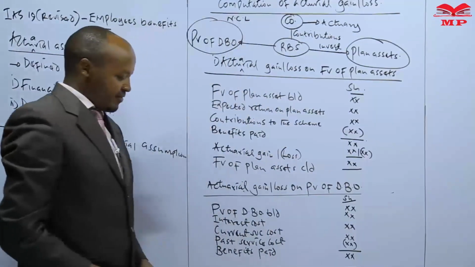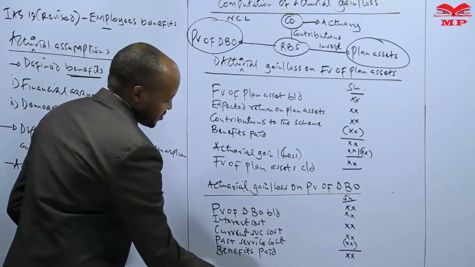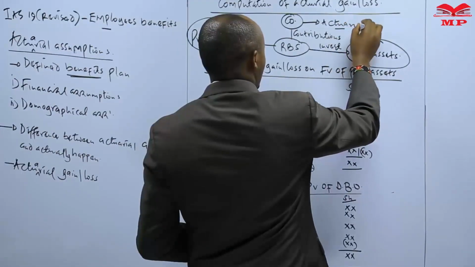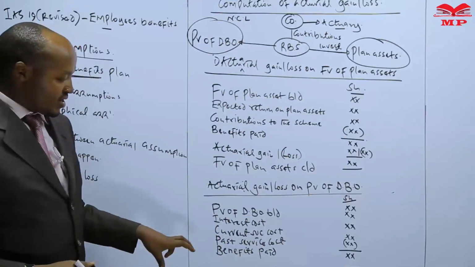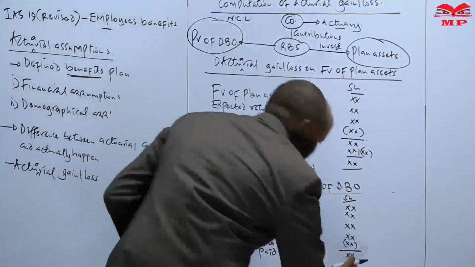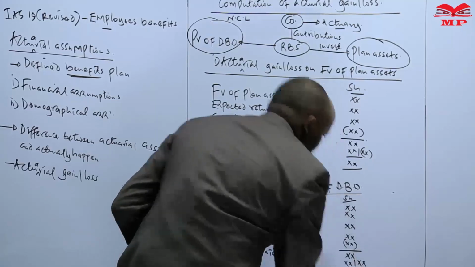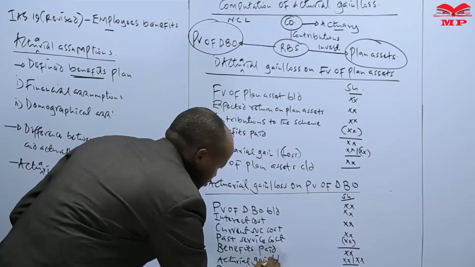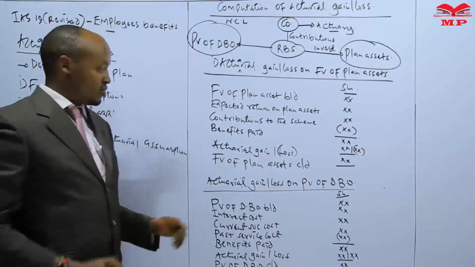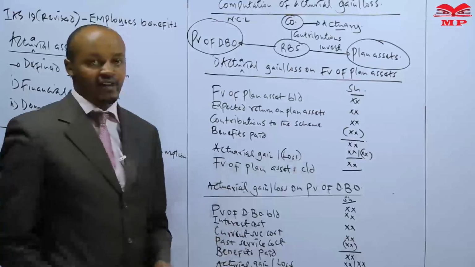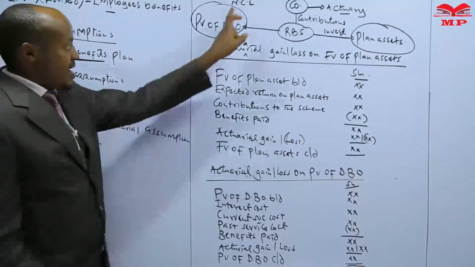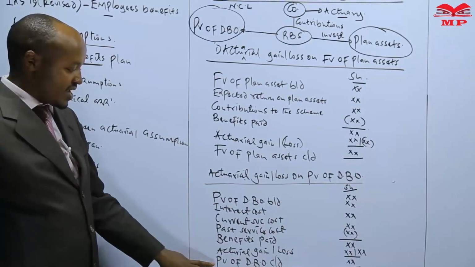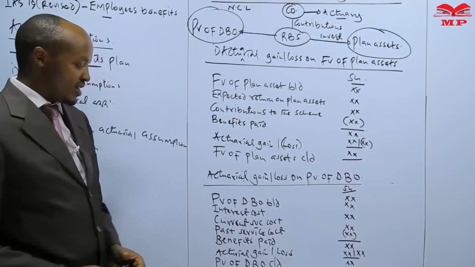Still, this present value of defined benefit obligation is the present value of benefit payable in future as determined by a professional who is known as what? As an actuary. And if maybe there is any difference between these two values, that will be an actuarial gain or loss, meaning that the difference here is an actuarial gain stroke loss. And what you need to note here is that this present value of a defined benefit obligation, basically to an employer, is a non-current liability, meaning that if as per the valuation which is done at the end of the year, there is an increase in the present value of defined benefit obligation,